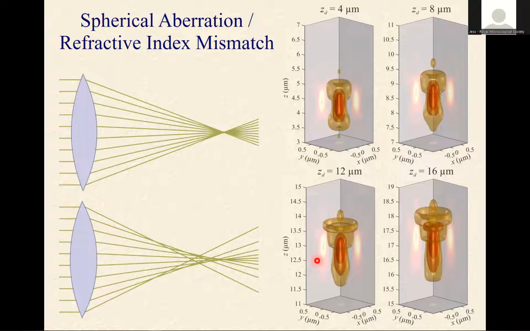And also, what is more important here, is that the position where you see your emitter, here, for example, in this case where you have the emitter at 16 micrometer deep into your sample, the apparent center position of the emitter is somewhere at 17.5 micrometer. That means you are mismeasuring the axial position of emitters due to this refractive index mismatch and due to the spherical aberration. So we were thinking maybe to come up with a method which is free of these problems and which is